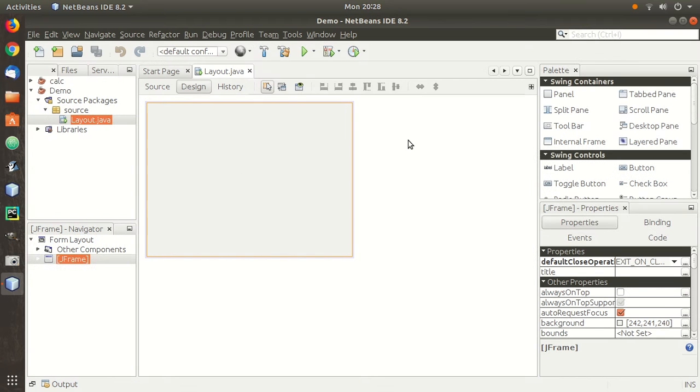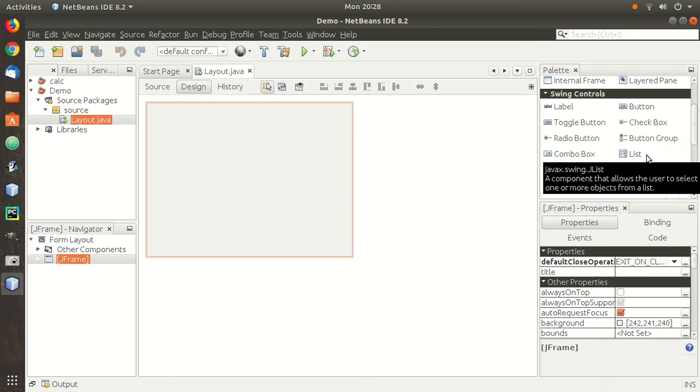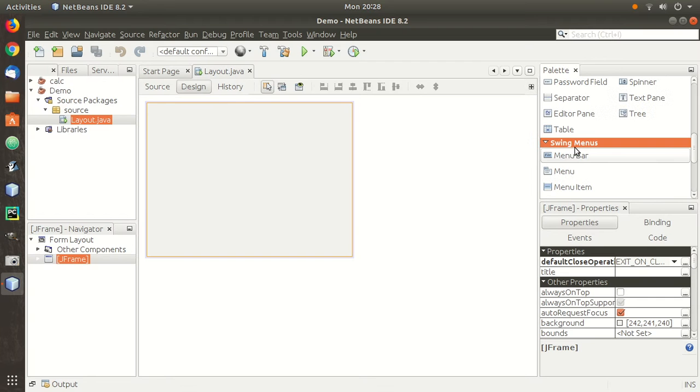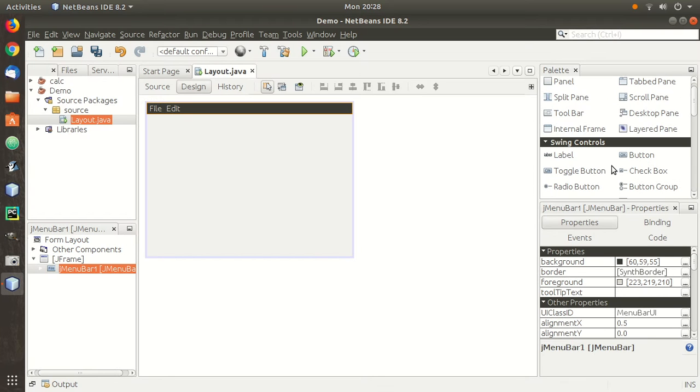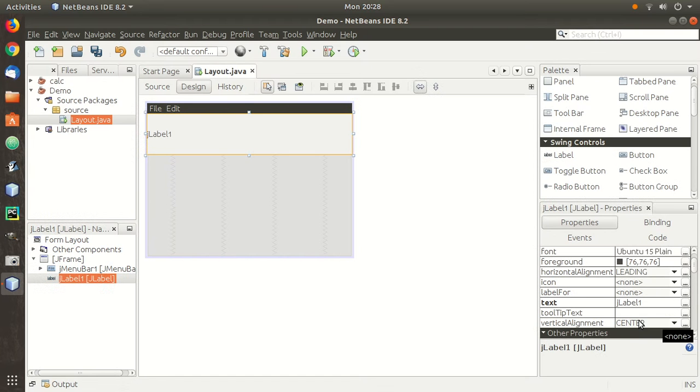Now from this right menu, we can select any of the widgets and drag and drop them on the layout to just place them over it. We can add a menu bar as we can see here, and then a label. You can place a label anywhere. In this case we are placing it over at the topmost corner, and then you can edit the text from this right menu named text. We are writing here hello world for testing purpose, and then